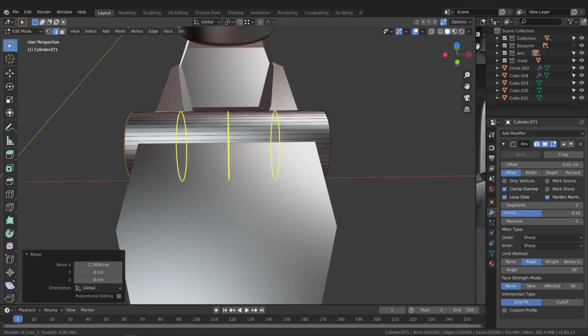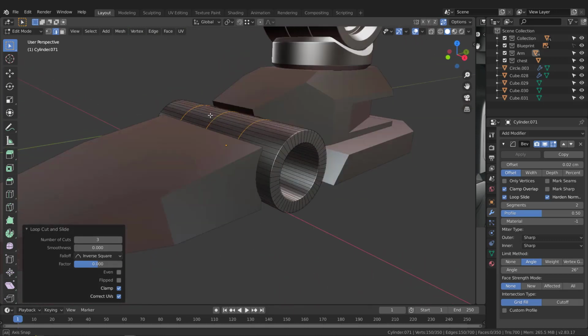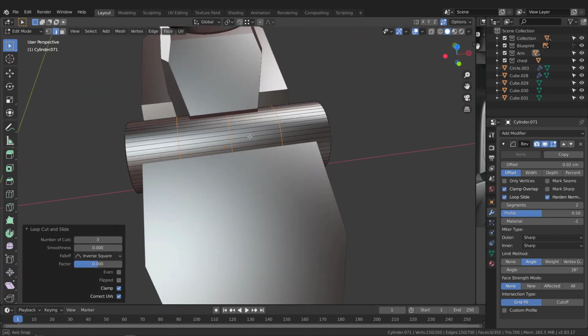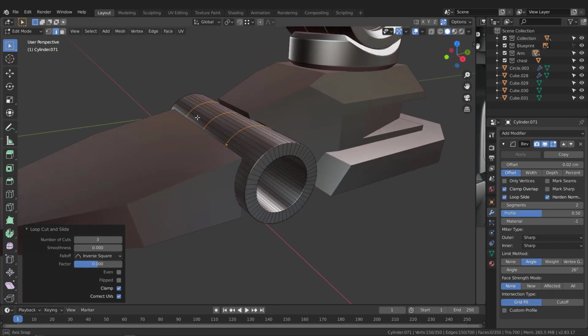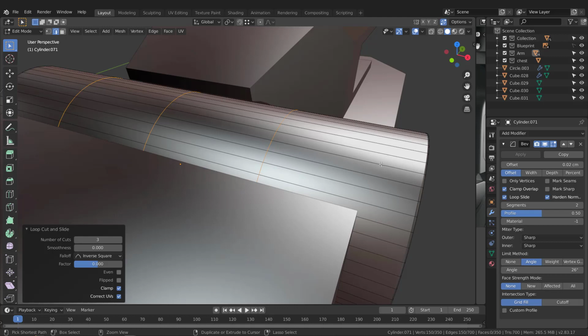Control R to add an edge. Let's add a 3 and convert them and leave them here in the center. And maybe we will use these lines to create the slice. Let's see how can we do that. Let's bevel them first. Control B. Let's bevel these,